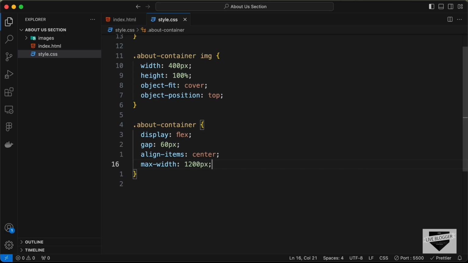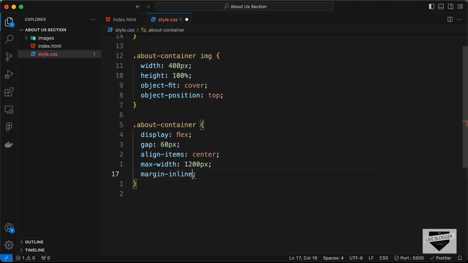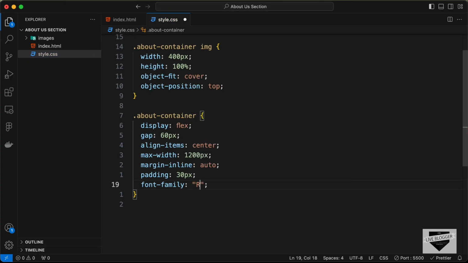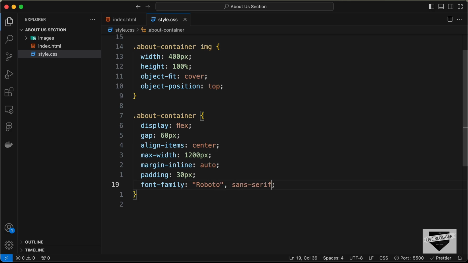pixels, and let's bring everything to the center. So let's type margin inline, which is margin left and right, and let's set it to auto. And let's also add a padding, and let's set the padding to 30 pixels. And let's set the font family to Roboto, sans serif,